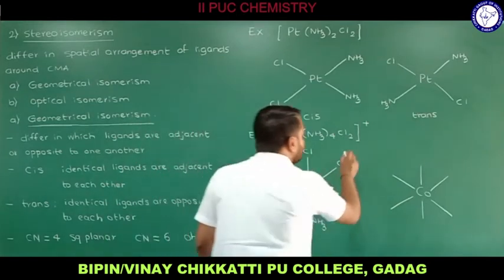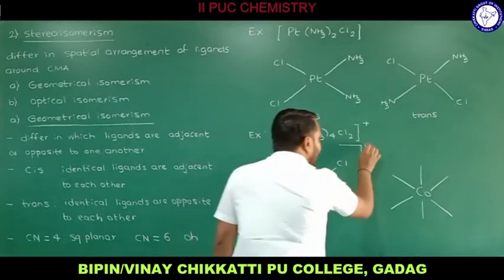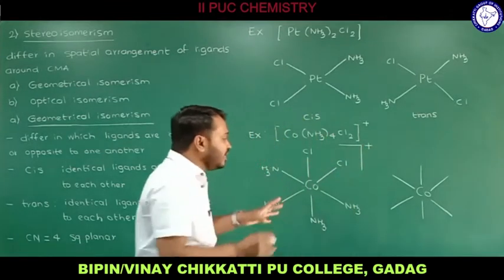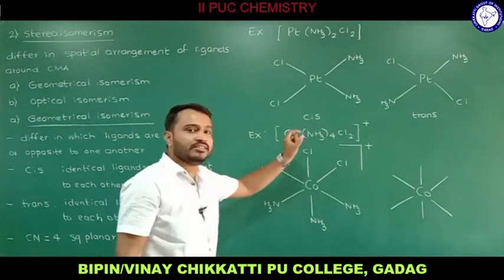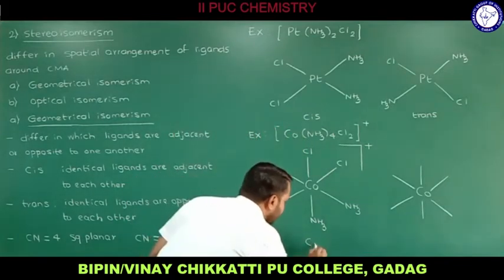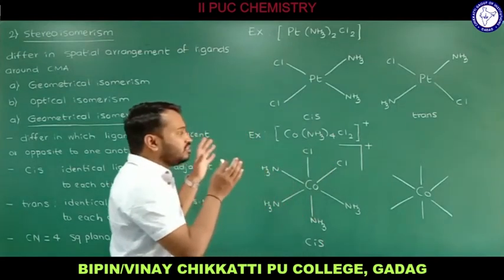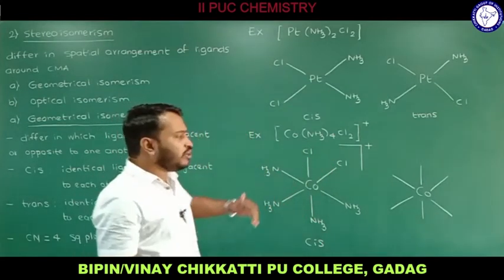So how do we mention it? Above, towards the right corner, you need to write a plus, which indicates that this particular complex is a charged complex ion. This kind of isomer we call a cis isomer, since identical ligands are present adjacent to each other. Now let me draw it for the trans.